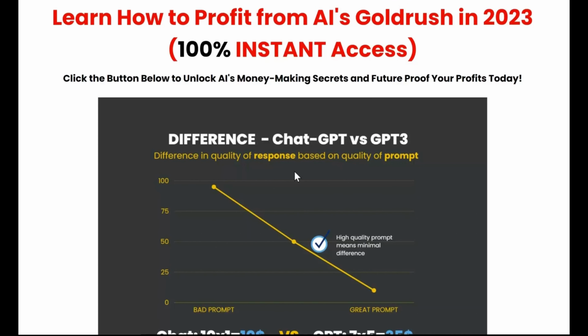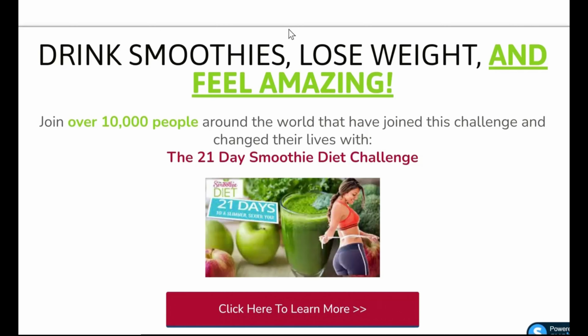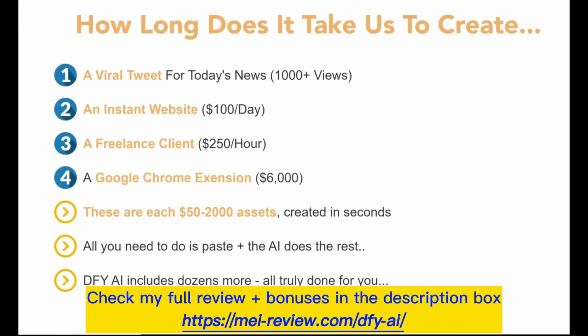which we can then, if we want, very, very easily paste in to replace this. But this is literally the exact type of bridge page that many top media buyers are currently using, and it's the type of very simple page that I've used in the past to generate over $100 per day. And next we're going to look at a freelance client,